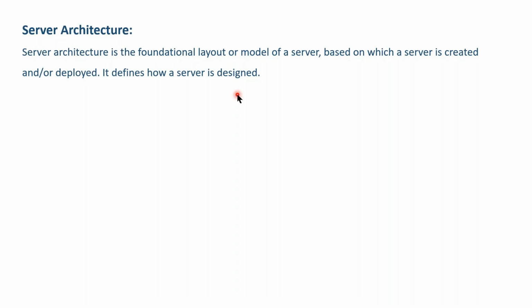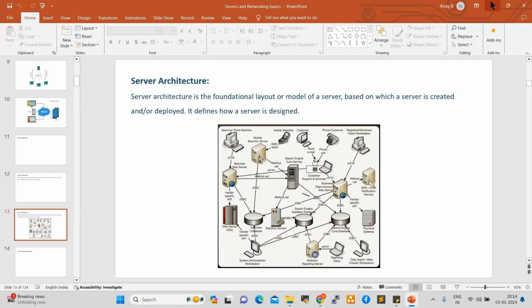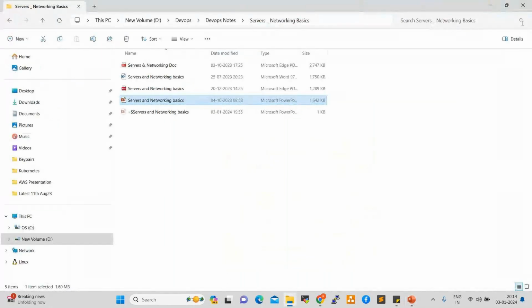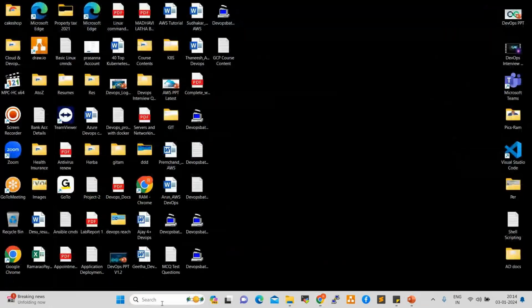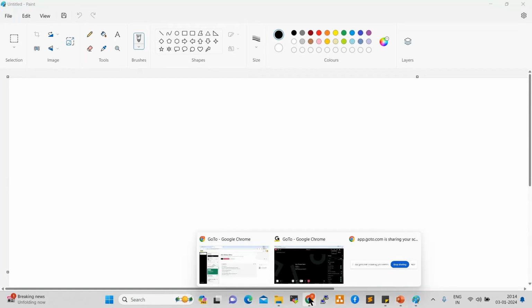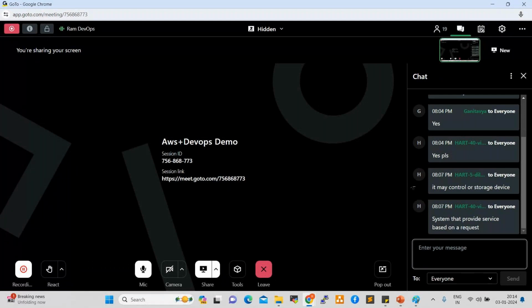Now let us go back to server architecture and discuss a few examples here. Up to here it is clear, right? What is a server? What are the types of servers? Fine.